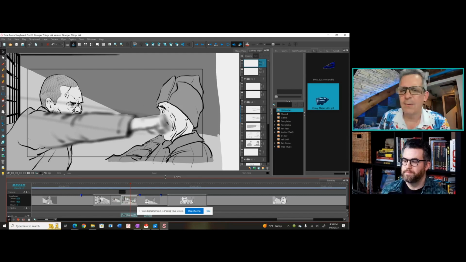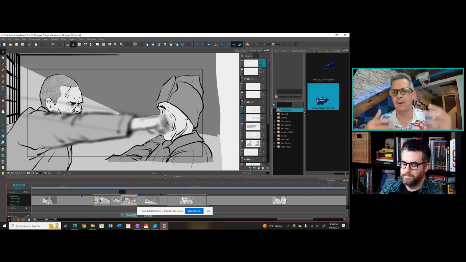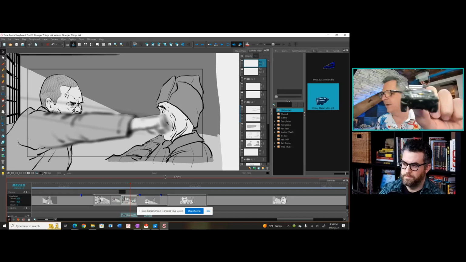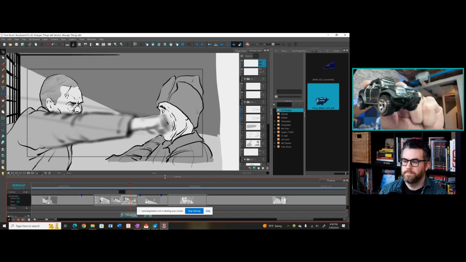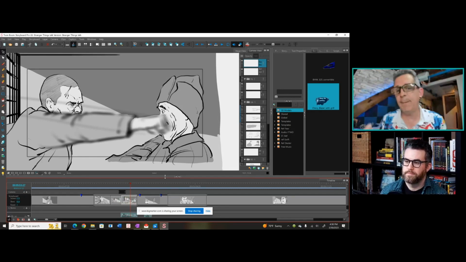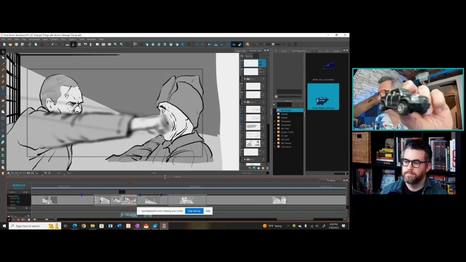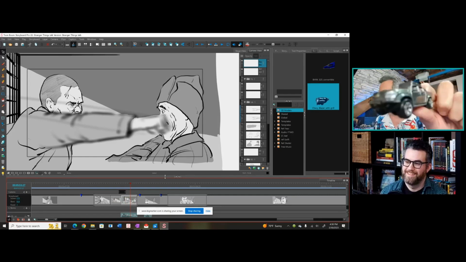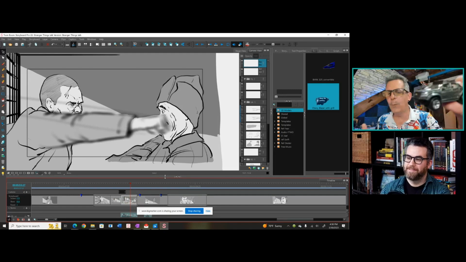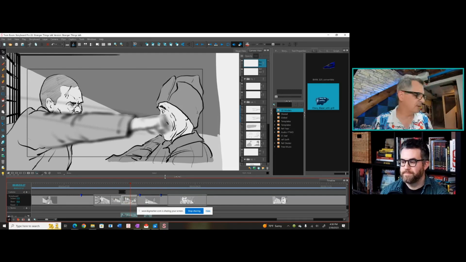It's a little harder sometimes when you're working virtually, but even then, if a director says, I want to be close on the front of a vehicle, I'll hold it up to the camera. Do you want close on a vehicle like that, or close on a vehicle like that where you get to see down the side a little bit? Now, I could describe that, but this becomes really quick. No, let me see the other side. Oh, yeah, let's do it on that side, but have it off of camera a little bit. Yeah. All right, so boom, knowing that, just with a couple questions and a toy, I'll start sketching it out.